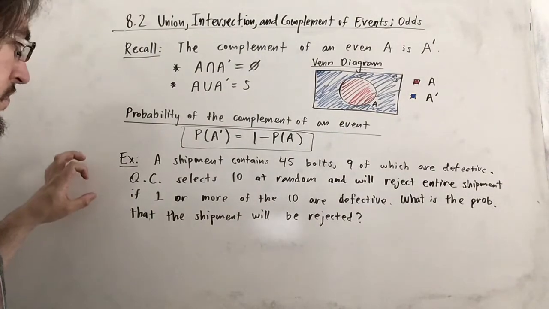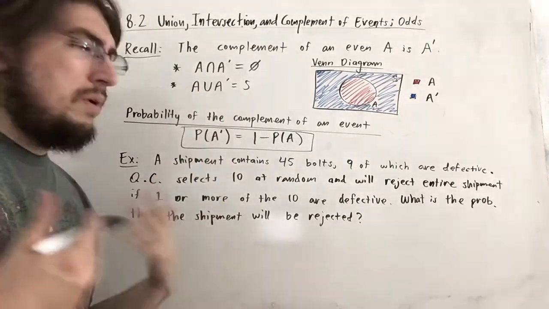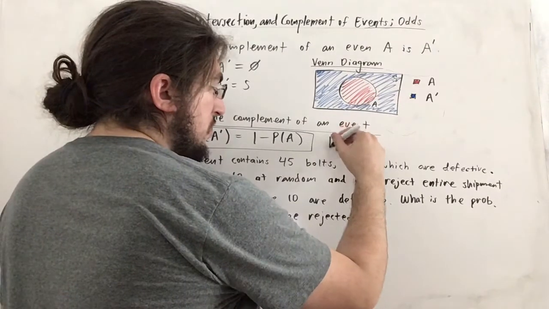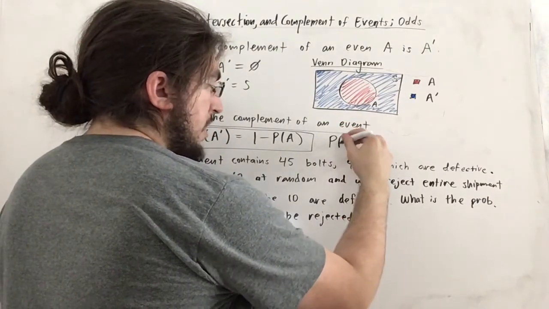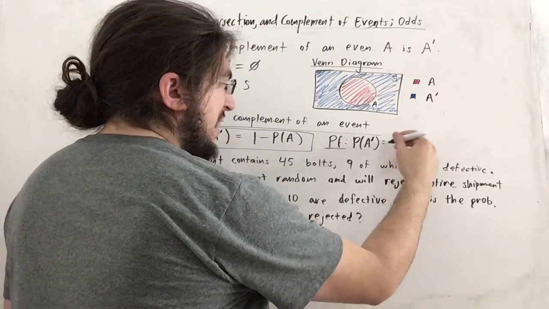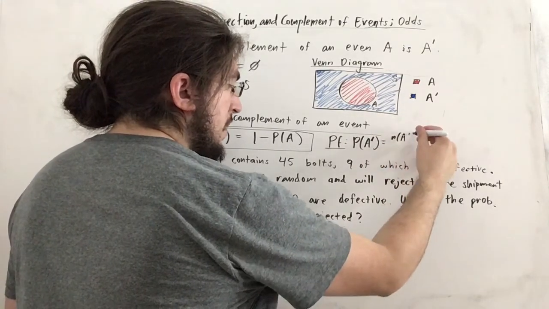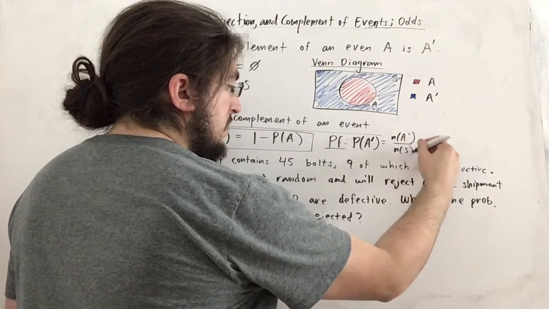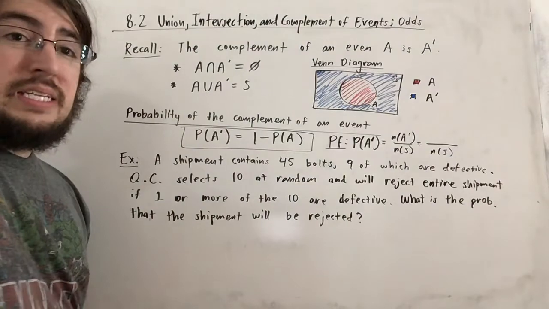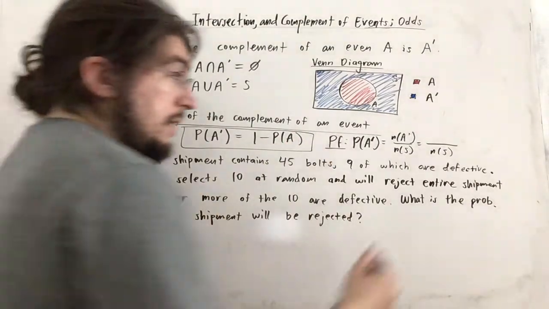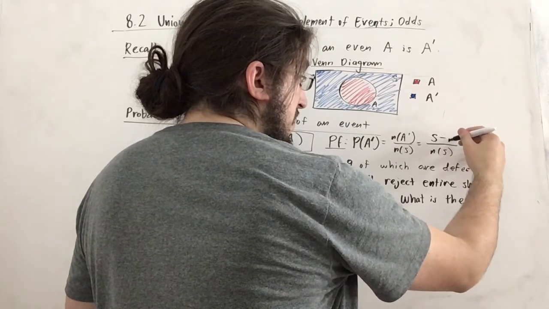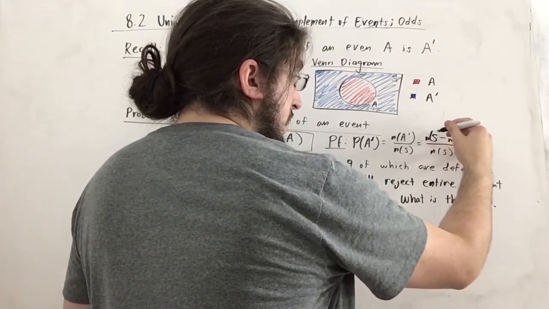And you know what? Just because I still want to prove this for some reason. I just like proving things. So to convince you more, let me write here PF for proof. It's going to be a short proof. So the probability of A prime is the number of things in A prime divided by the number of things in the sample space. But since the number of things in the complement of a set is just the number of things in S minus the number of things in A,